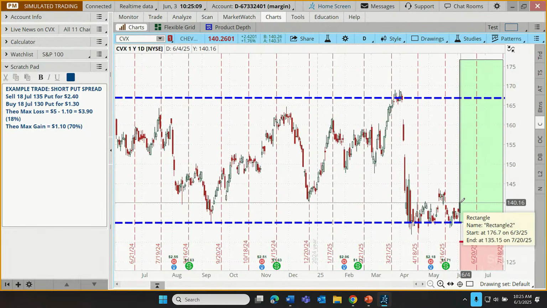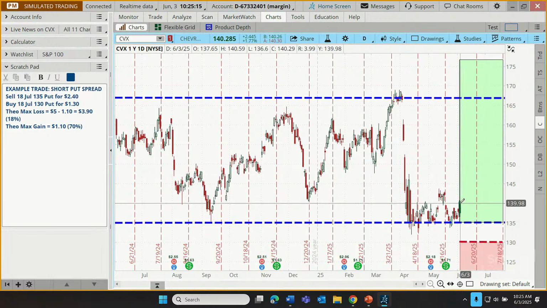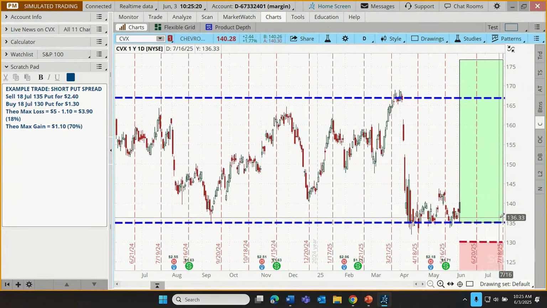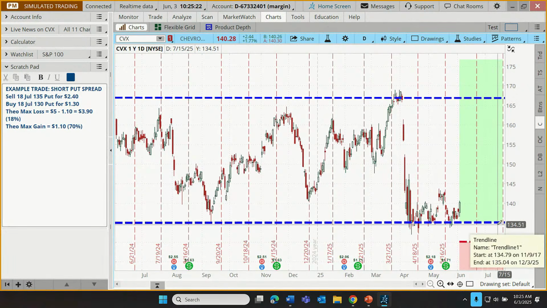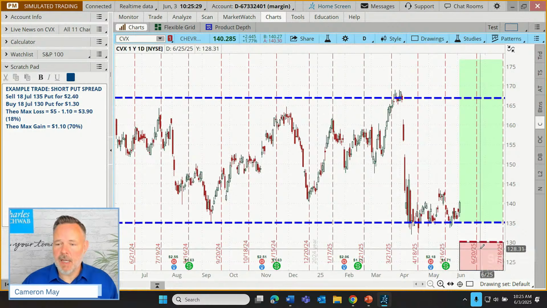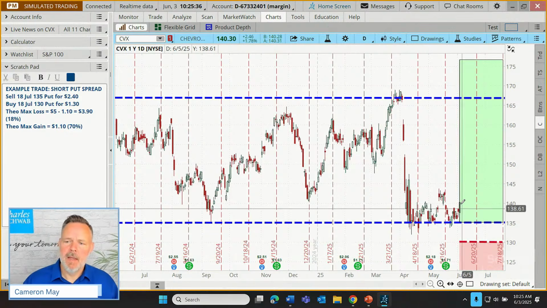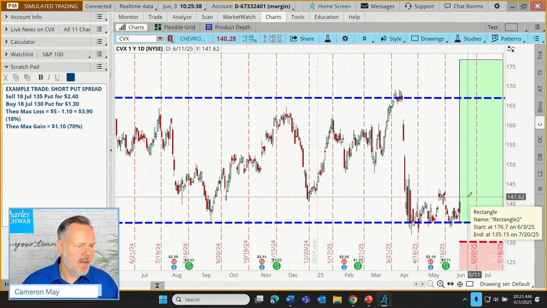If you'll notice, look where we are right now. In great position for that to happen. If the stock goes higher, it puts us in even better position. If the stock goes sideways, that's okay. If the stock comes down, maybe we get a little bit nervous, but as long as we're above 135, we're still in position for maximum theoretical gain. It's really just if we fall down below that 130 where we're in our position for a maximum theoretical loss. So that's why I have these boxes down there. We're going to see how this trade pans out.